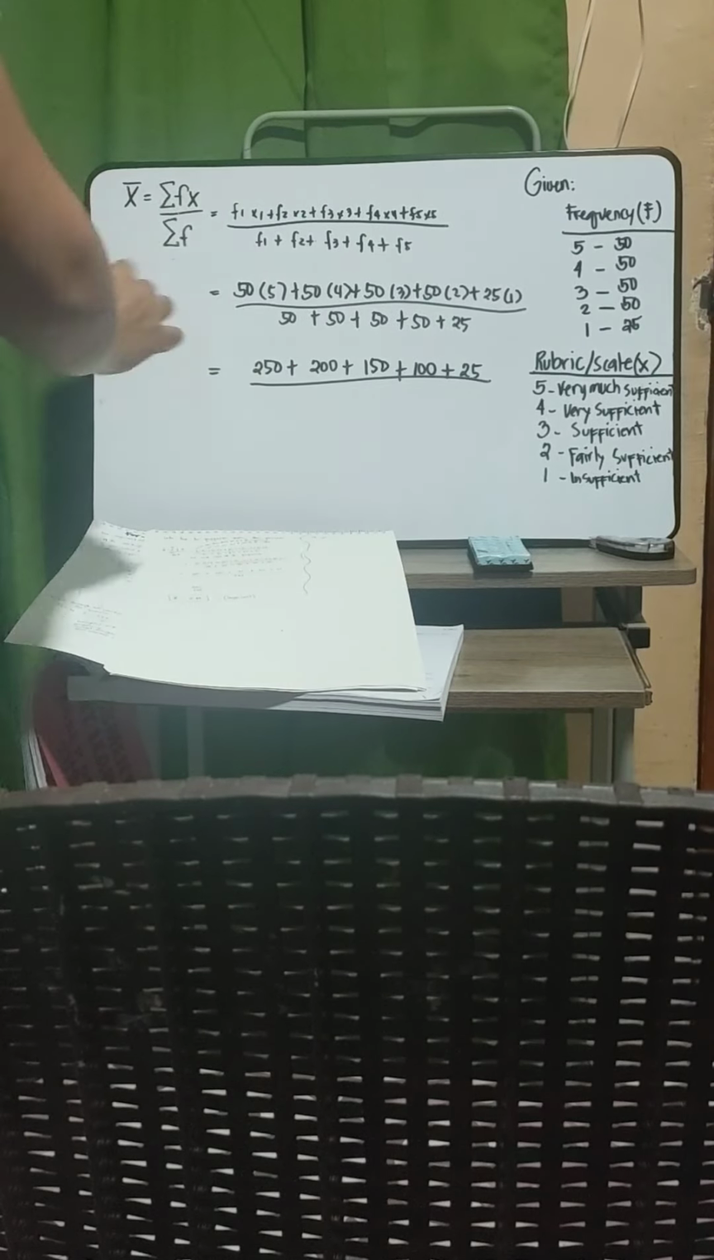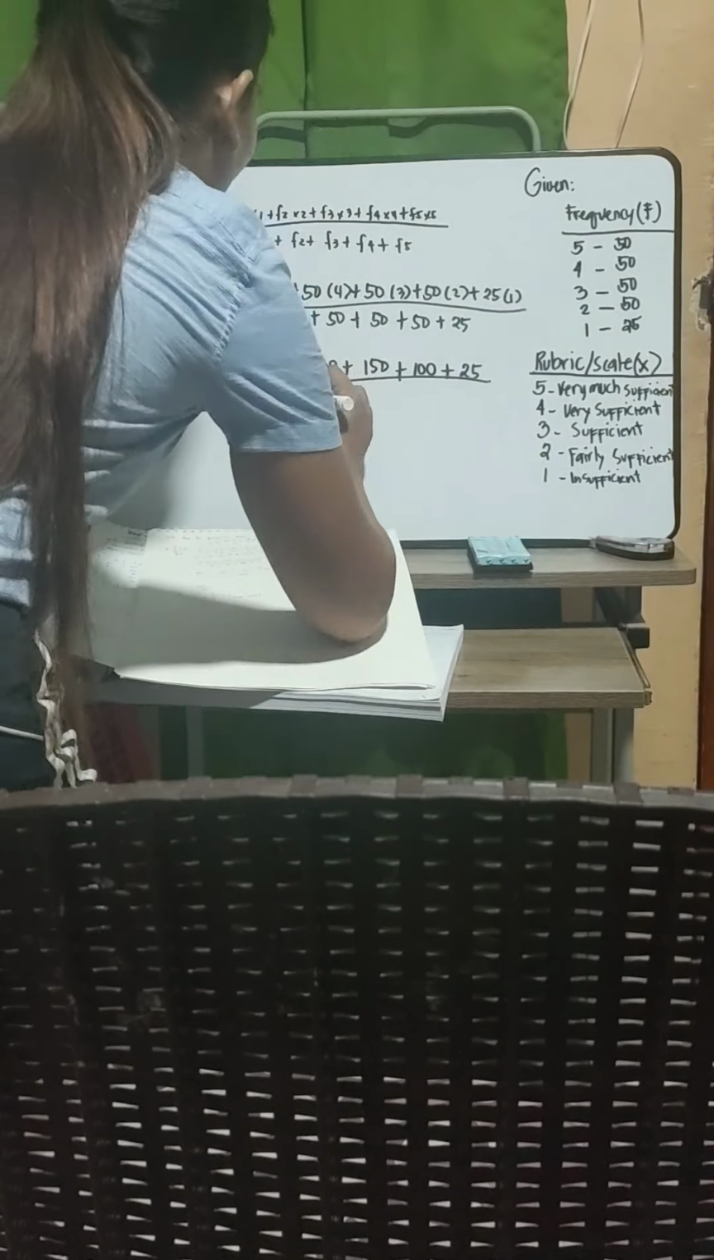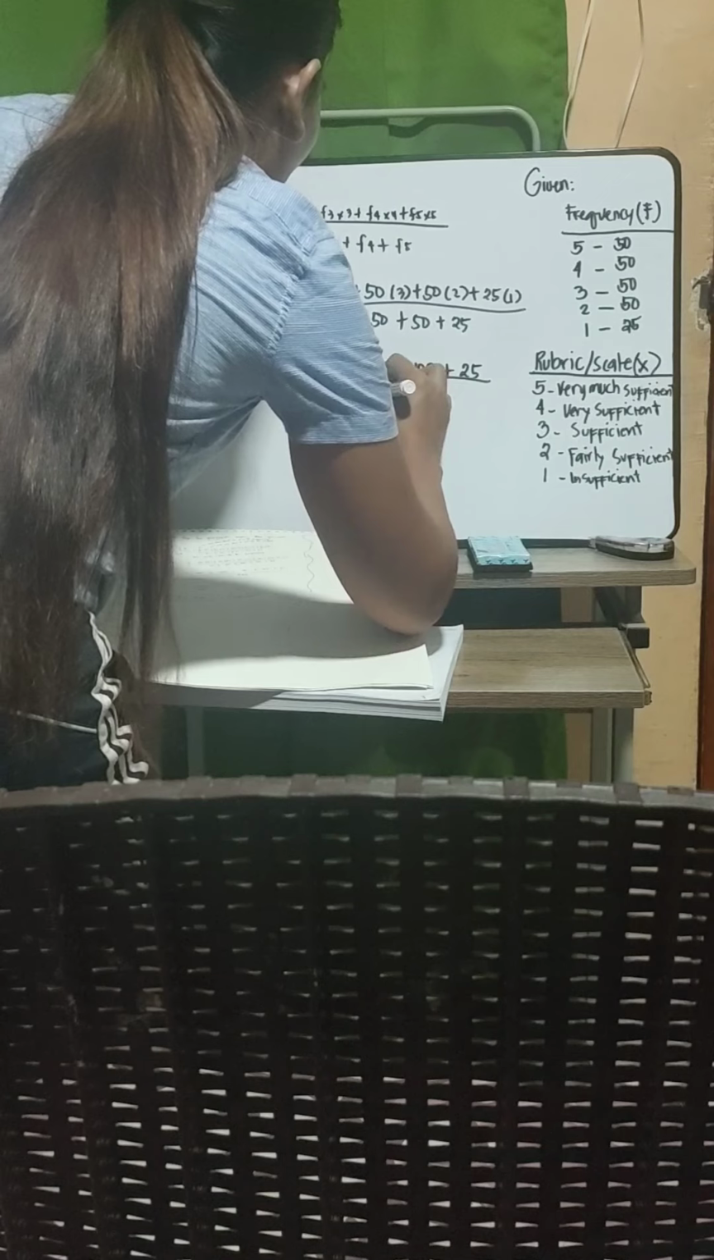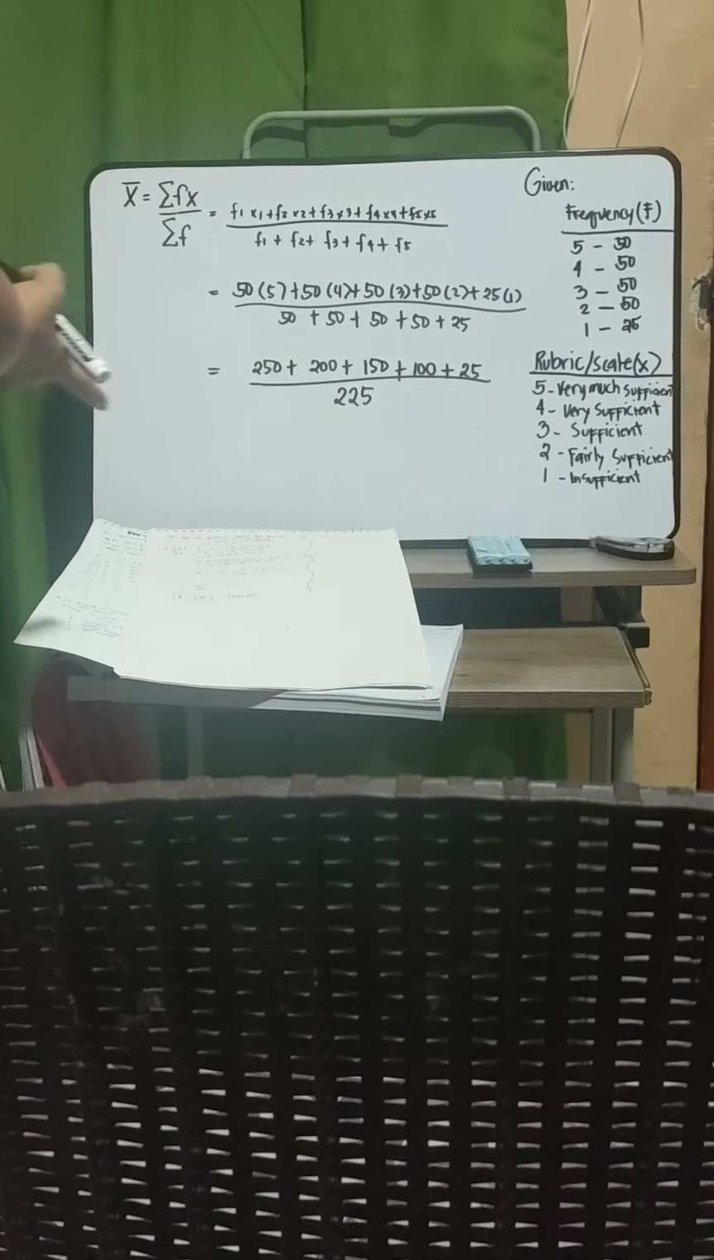So the next step will be to add all the frequencies. So 50 plus 50, 100, plus 50, 150, plus 50, 200, plus 25. So we have the total frequencies of 225, or the respondents tested. Alright, so what we're going to do is to